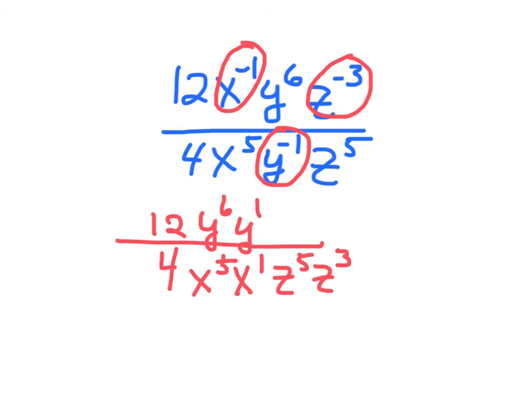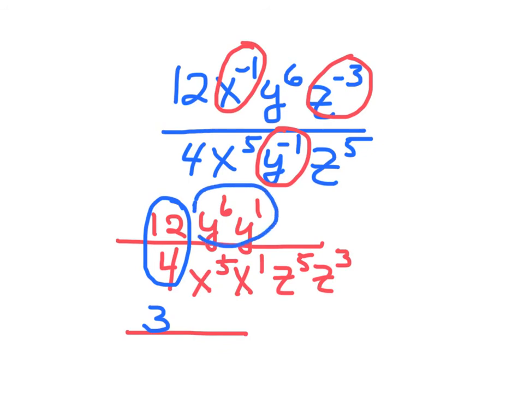So simplifying that problem, 12 divided by 4, 12/4 is 3 on top. Then we have 6, and we have a total of 7 y's on top. So y to the 7th on top. On the bottom we'll have x to the 6th,